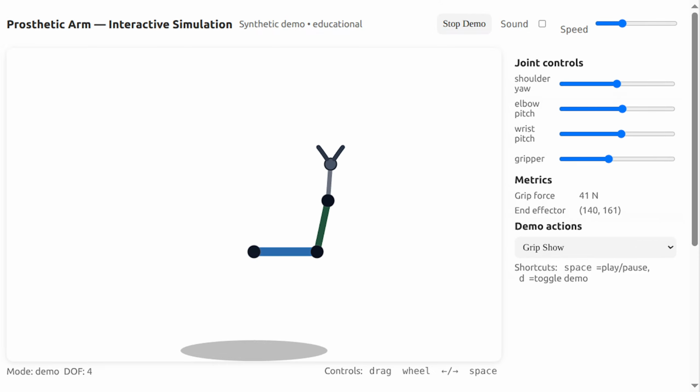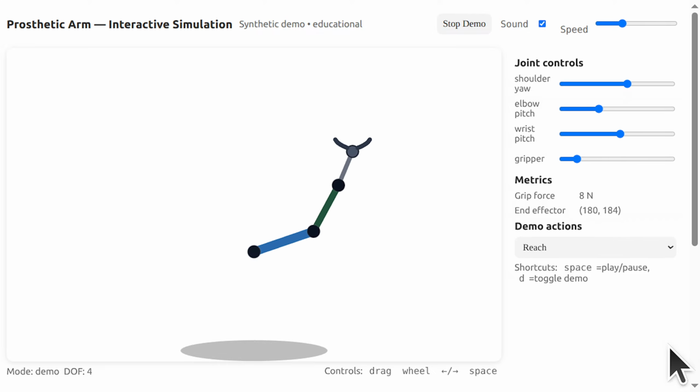Now hold on. Turn on the sound. Check the little box. Ah, the sonification. I mapped movement velocity and gripper pressure to the audio context. Sonification. What? It's humming. Is it happy? Scared? It sounds like a dial-up modem having a mild anxiety attack. The pitch goes up as the gripper closes, and the volume increases